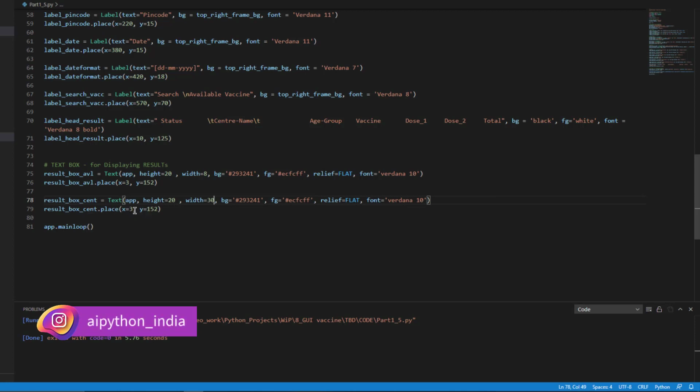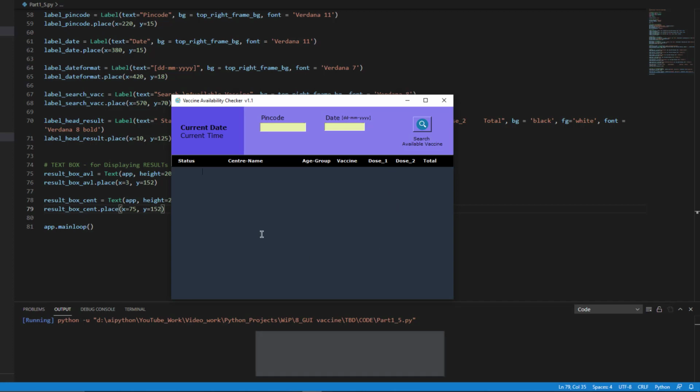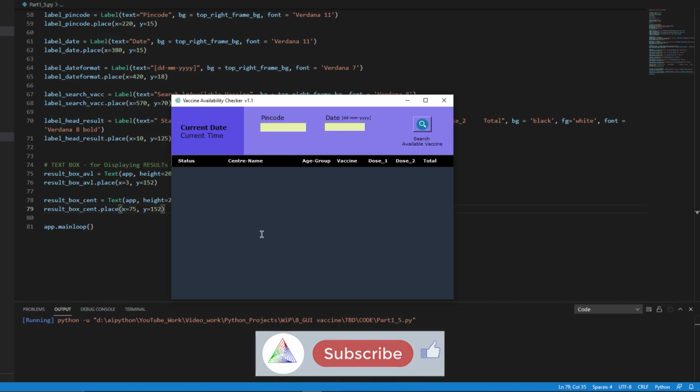Now we need to place it at a convenient location, so we'll be changing x and y value, which will be 75, but y value will be the same because I want to start the box from the same height. In fact, for all other widgets the y value would be the same, right? So when you execute this code, if you see it, it doesn't make any difference, right? The background color of this text box is the same as that of this gray area, that's why it is not appearing as a different box. So this is the main aim of having the same color. Okay, I hope you understand.